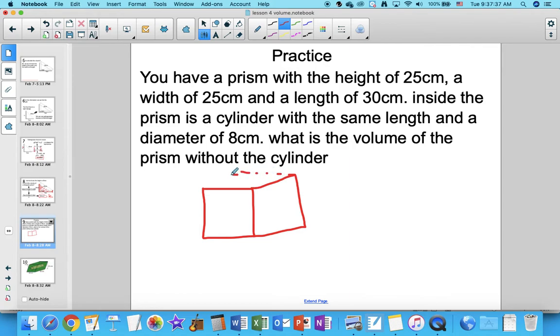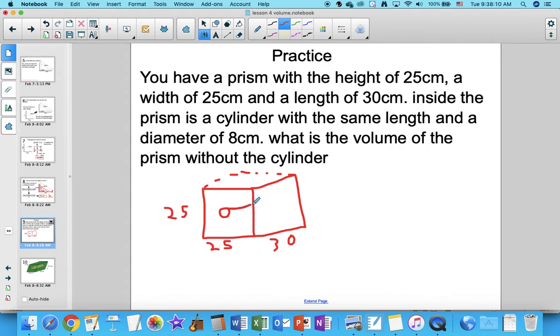in the correct spots. So we know we have a height of 25, right? So we put 25 as the height up and down here. We know we have a width of 25, so you put the 25 here. And you know we have a length of 30, right? So if this was just the question, the volume would be very easy. It would be 30 times 25 times 25, and that would be the volume of this prism. However, we have a cylinder inside